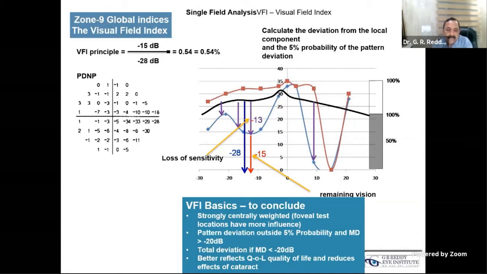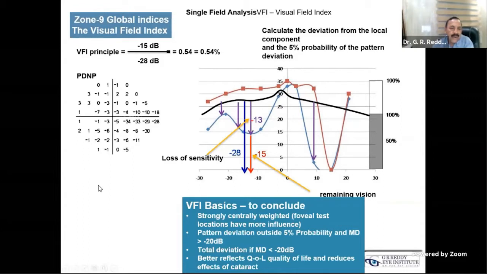While calculating, they considered only the 24-2 point patterns, and the central 10-degree points are given more weight. But still, because there are no points tested within the central 3 degrees, even though they gave more value to the central points, only 16 points are considered, so the percentage of vision may not represent the index of central vision.